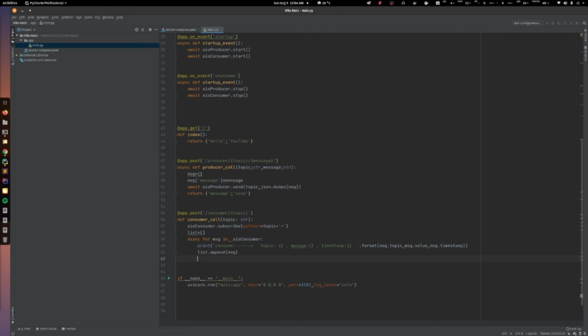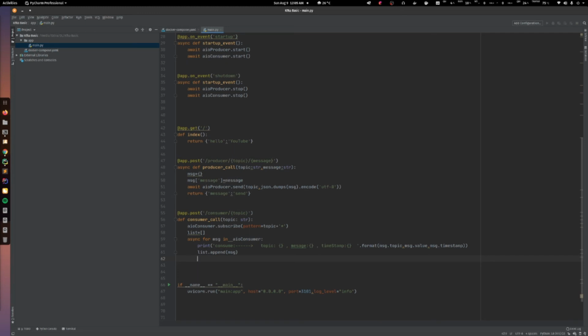Okay, now in this producer section we need to encode this message, and here we need to decode this message. For that I am using encoding, and I am passing UTF-8, and here we need to decode it.